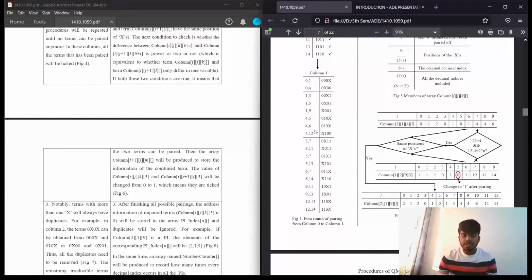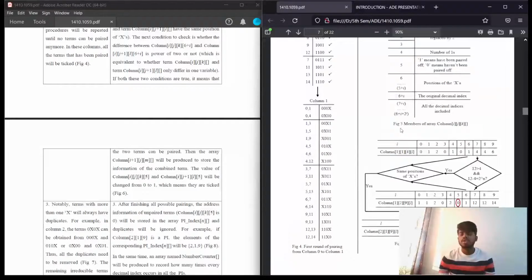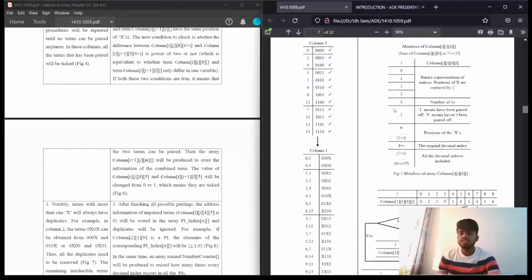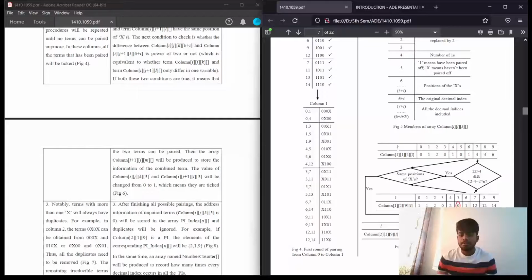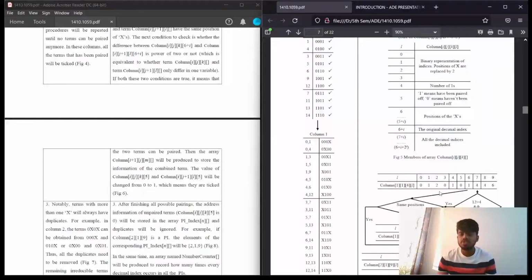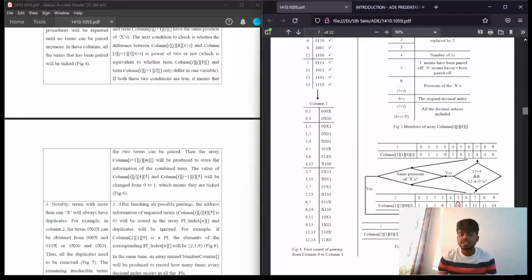So we represent 4, 6 and 12, 14 in these ways in the L column. L is 4 and 6, represented as 0 1 x 0, so 0 1 2 0. Remember, x is replaced by 2. The first four places are the corresponding binary digits, that's 0 1 x 0, which is 0 1 2 0. The same way, 12, 14 is 1 1 x 0, that's 1 1 2 0.